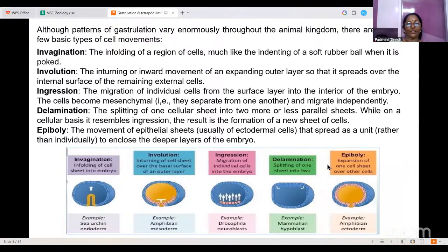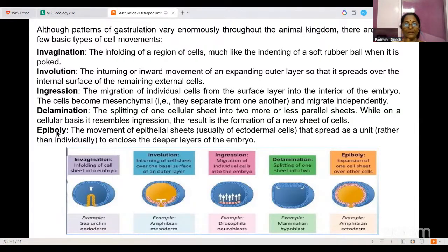So what I want you all to understand over here is how gastrulation occurs. Gastrulation occurs via 5 different types. So what are these 5 different types? Movements of the cells that move in different patterns. So what are these patterns? Invagination, involution, ingression, delamination, and epiboly, and emboly is also there. We'll talk about emboly when we get to that point. So what are invagination, involution, ingression, delamination, epiboly? These are ways in which the cell is going to move from one place to another place and occupy